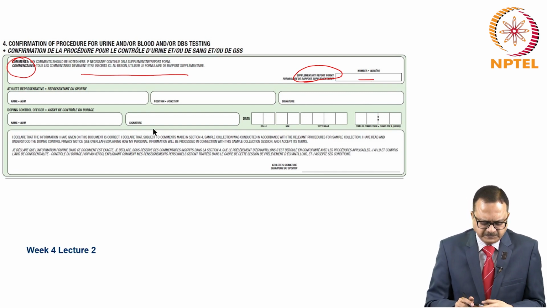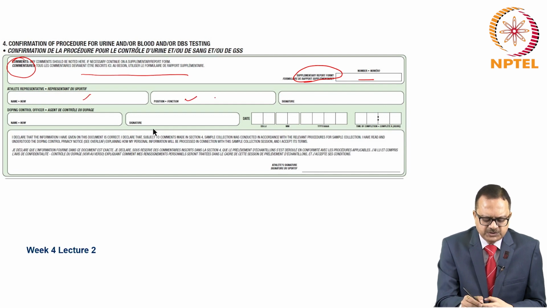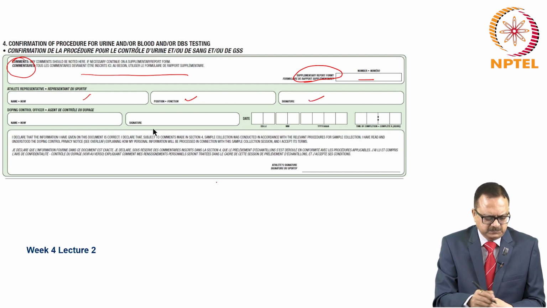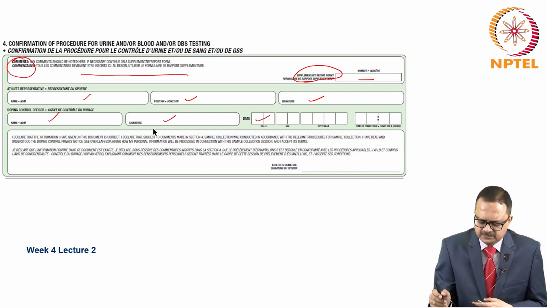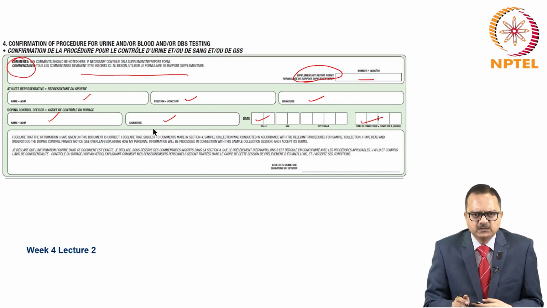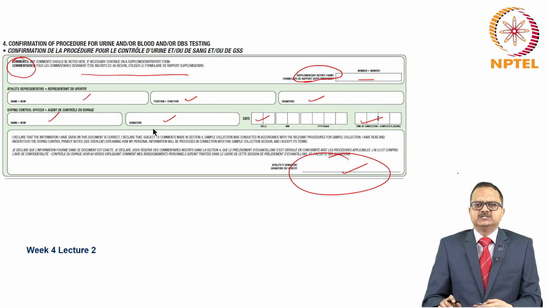After all this, the athlete representative details are noted: name, coach or doctor or trainer or physiotherapist, whatever. Signature is obtained of the athlete representative. Doping control officer name, signature, date and time of completion has to be filled in. All the details of this form are to be checked prior to handing it over to the athlete, because once the athlete signs the form here, nothing can be changed after that.